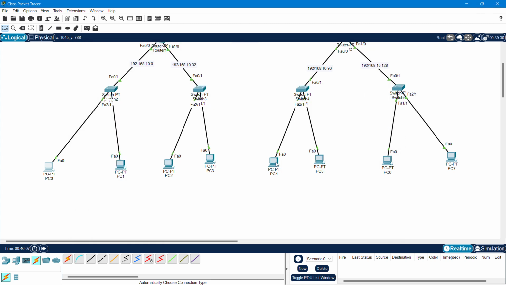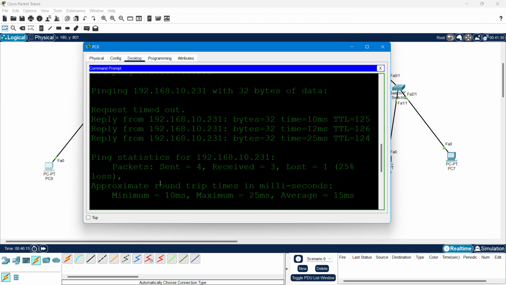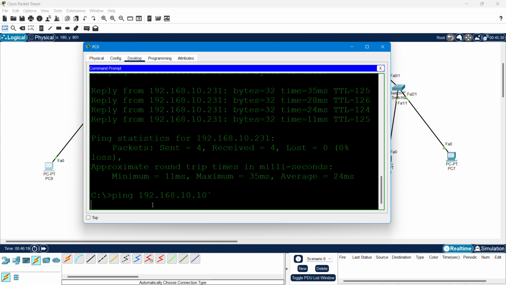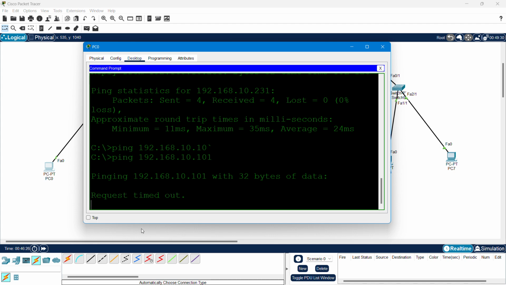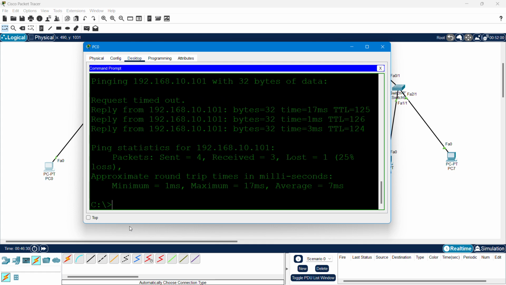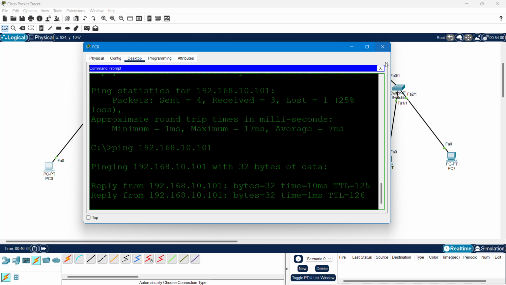So allow me to ping as well this machine, which has 101 as an IP address. Sorry, it's 101. Then hit enter. So am I able to ping? Let's check. Yes, I'm able to. So actually, you can just be able to ping from anywhere to anywhere. So the next step,